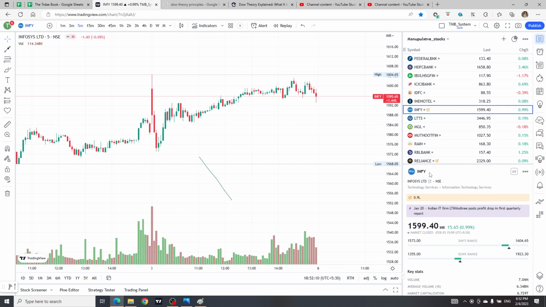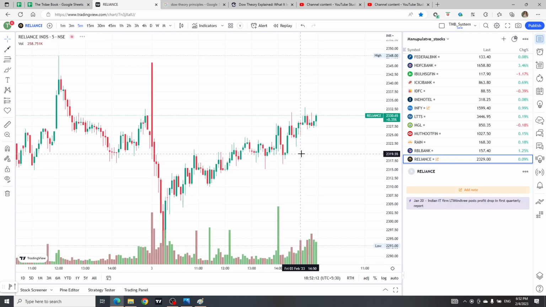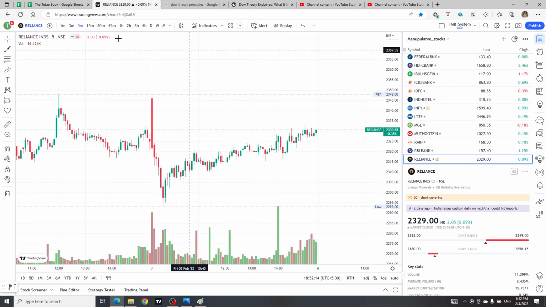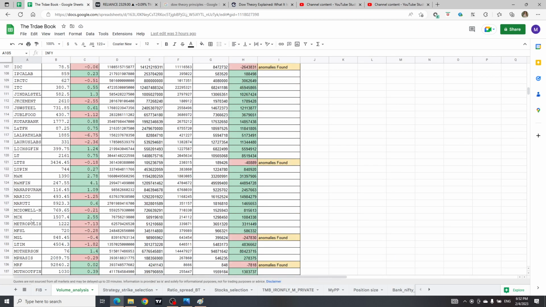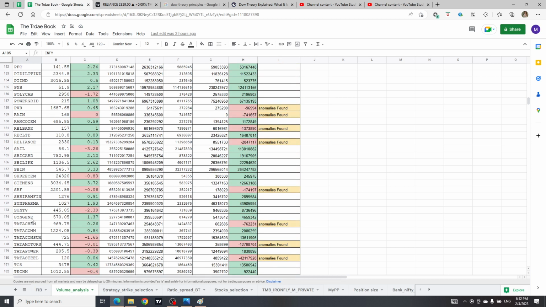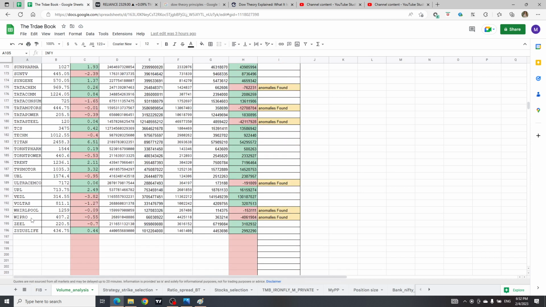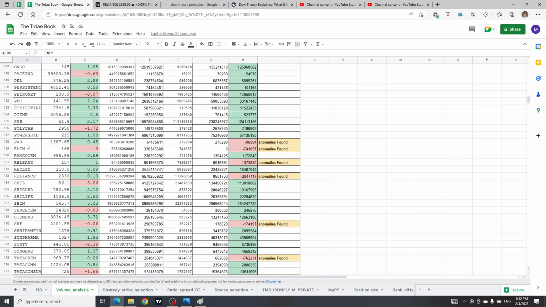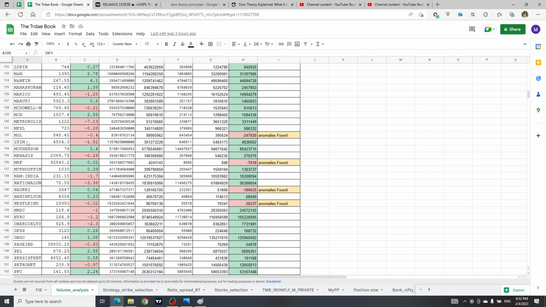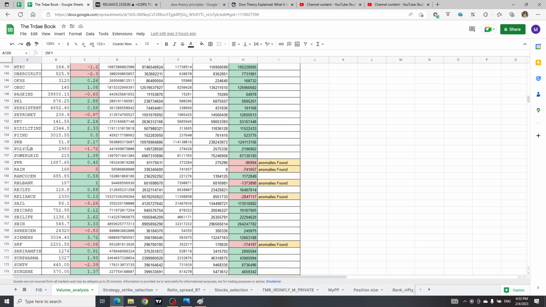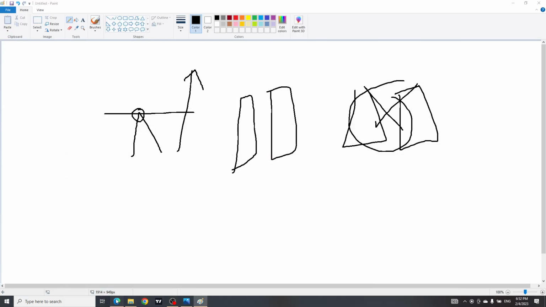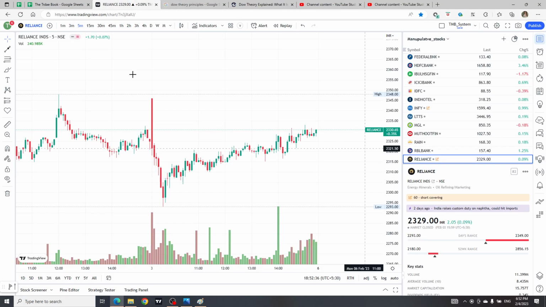in the companies. Similarly, in Reliance also I observed some anomalies as per my system. Reliance showed some anomalies where the price is going up every day. If we see what is happening in Reliance on the chart,